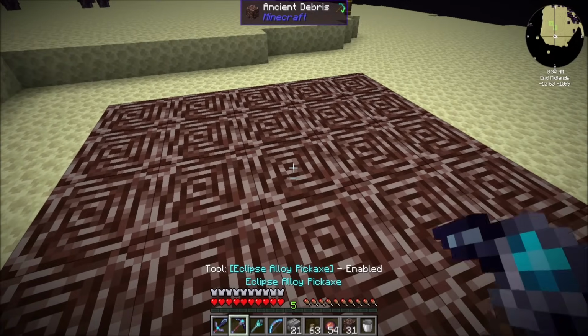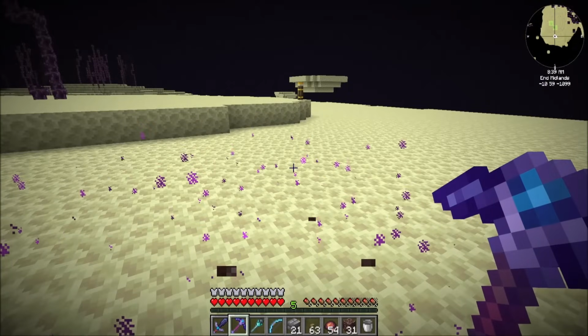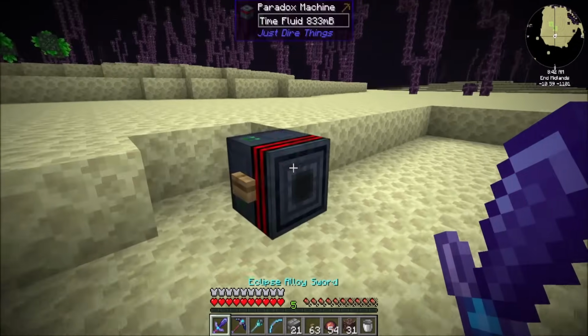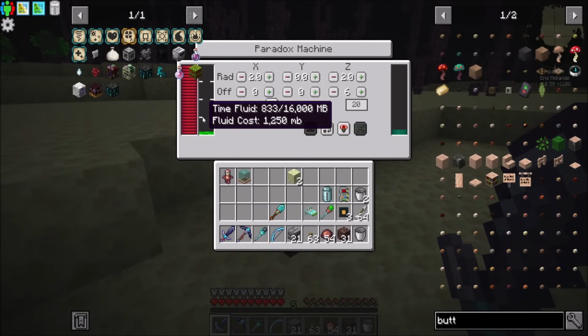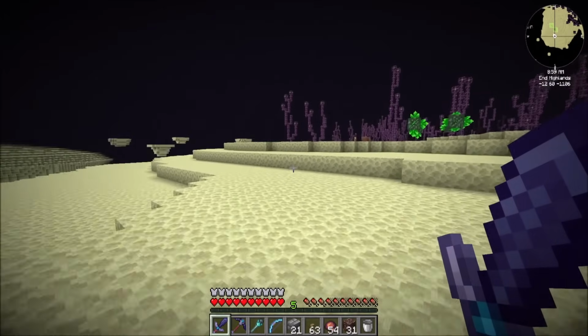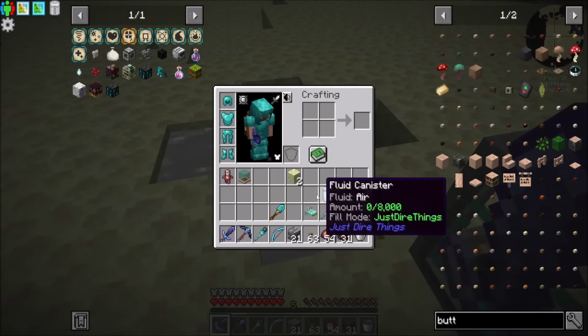Neat. Now, I think my pickaxe does have the drops teleporter installed, so it's teleporting all that back to the A system, which is cool, right? Now, we've currently got 833 time fluid in here, so we don't have enough time fluid to do this again. Quick note, if you give it a redstone signal right now, it drains this time fluid a little bit per tick until it runs out. So important fact,